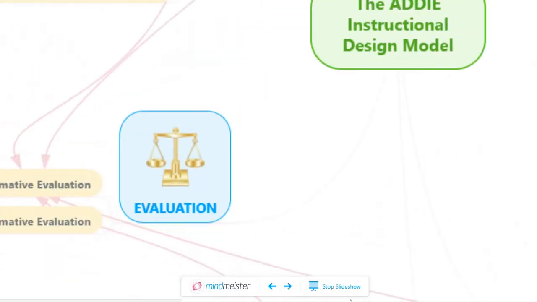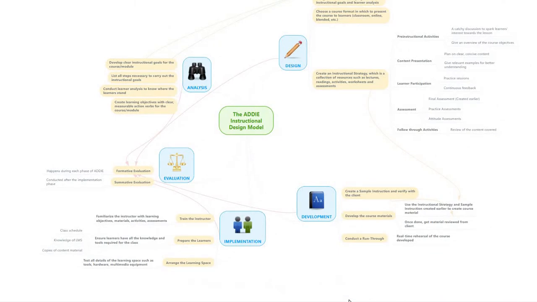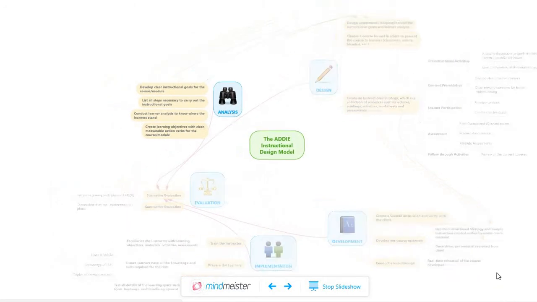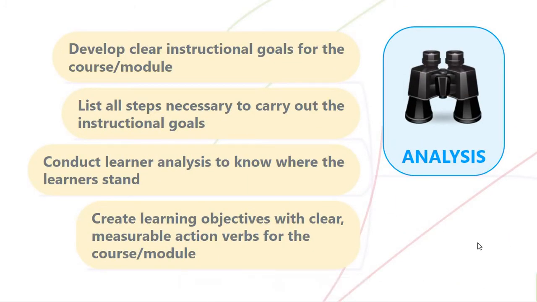Now, these phases are supposed to move in a sequential flow, as in analysis always comes first, then comes the design phase, then comes the development phase, then comes the implementation phase, and then comes the evaluation phase. However, the evaluation phase does vary a little bit, and I will talk about it as we move along. So, let's begin with the analysis phase first. Now, the analysis phase is where an instructional designer who is designing a course and using this model to do it